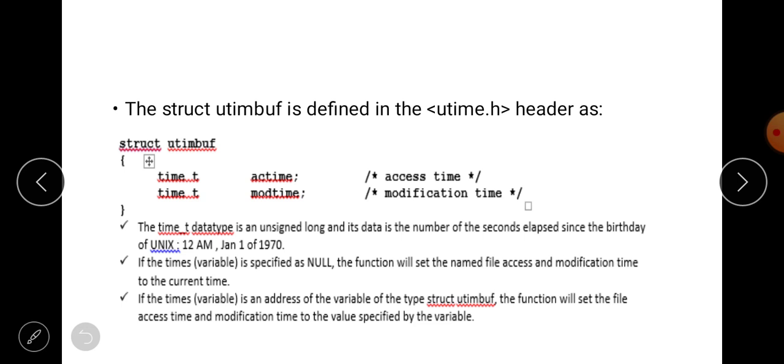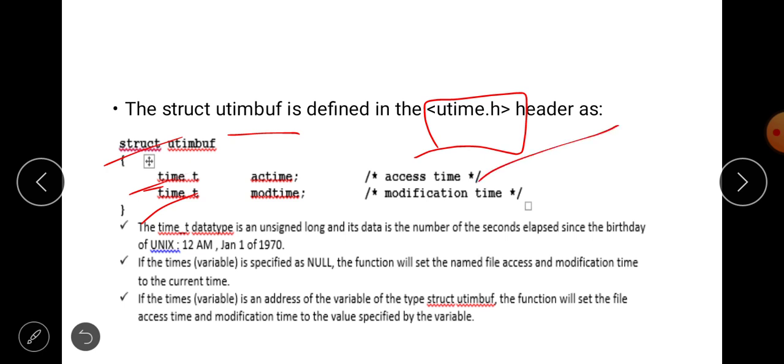The structure utimbuf is defined in the utime.h header file. Struct utimbuf: here you can see time_t actime means access time, time_t modtime means modification time.